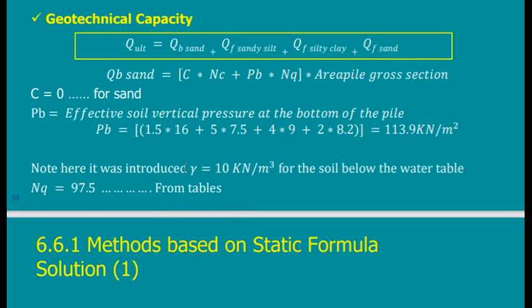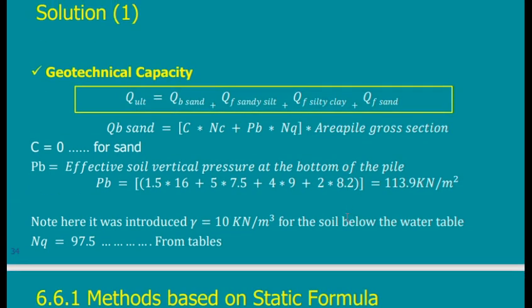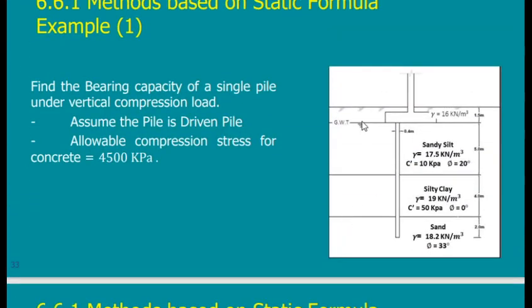And then I note here that it was introduced gamma equal 10 for water. This is important because there is a level for water here. So when I come to calculate the effective stress on the base, it will be affected by this layer in a submerged form, and it will be affected by this layer in a bulk form, in its natural form. So here I will use gamma for soil, which is 16 as given. But here and here and here, I will have to subtract 10 from the gamma of soil because it is submerged. Do you remember what we studied last year? Effective